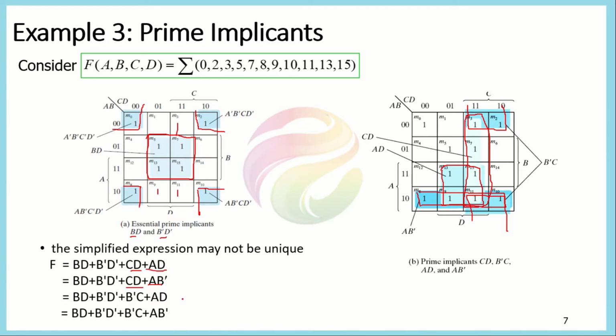In this way, you can also compute all the other expressions too. So overall, when you derive the minimized expression for this function using the K-map, the essential prime implicants remain the same for all the combinations. This one, and this one, will remain the same. The next two terms will vary depending upon how you pick the adjacent ones.